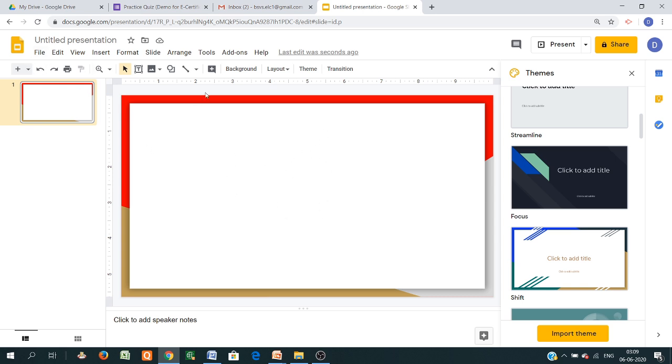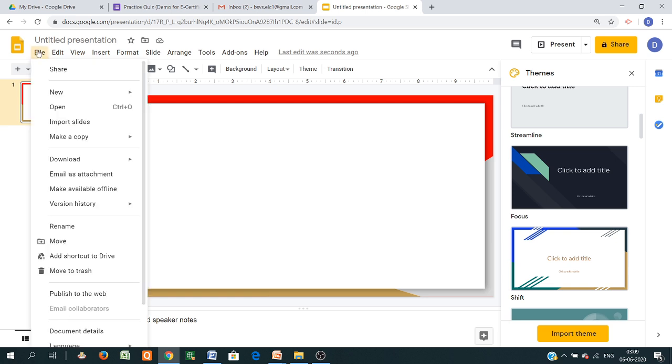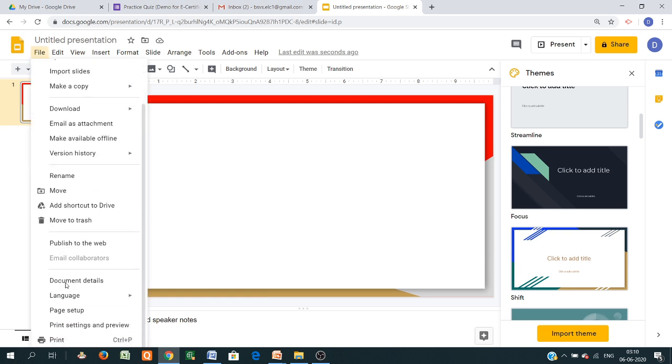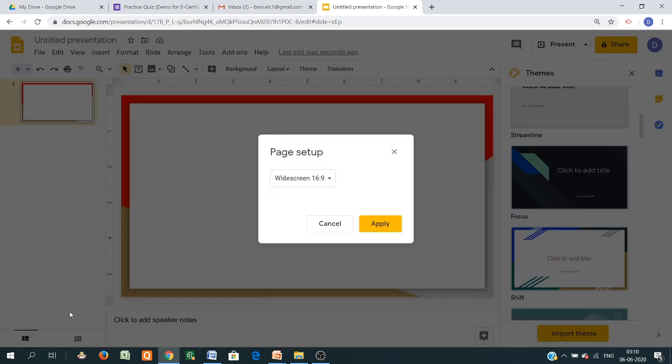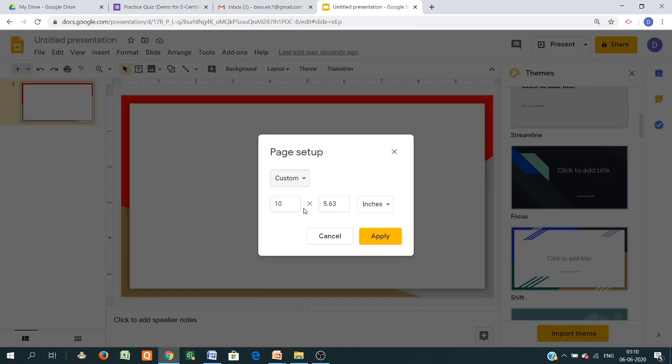So just here there are different types of symbols. Now this is the certificate which is present in the landscape format. Suppose you want to change it to portrait format, so just go in the file section. Then there is an option called page setup. Click on page setup and you change it by using the custom option. So you set this width and this height.